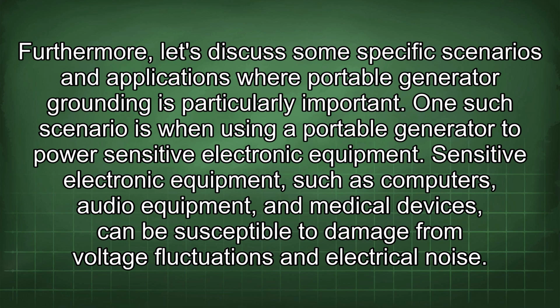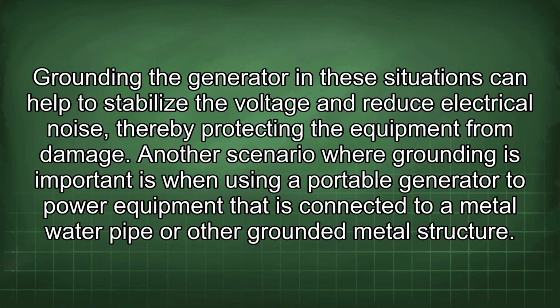One such scenario is when using a portable generator to power sensitive electronic equipment. Sensitive electronic equipment, such as computers, audio equipment, and medical devices, can be susceptible to damage from voltage fluctuations and electrical noise. Grounding the generator in these situations can help to stabilize the voltage and reduce electrical noise, thereby protecting